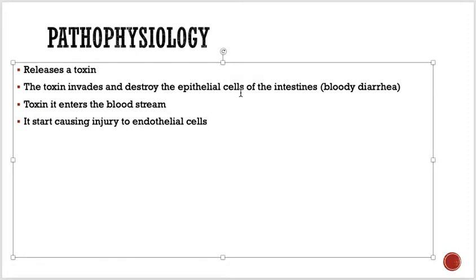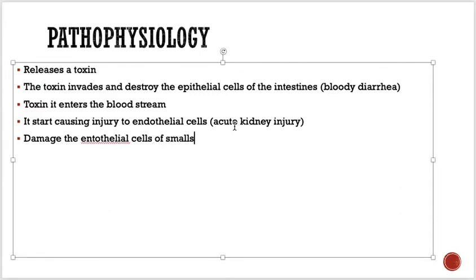So whenever they damage the endothelial cells of the kidney, they will have acute kidney injury. So whenever they damage the endothelial cells of vessels or small vessels, what will happen in these patients is